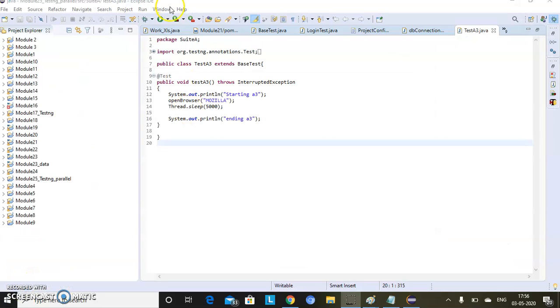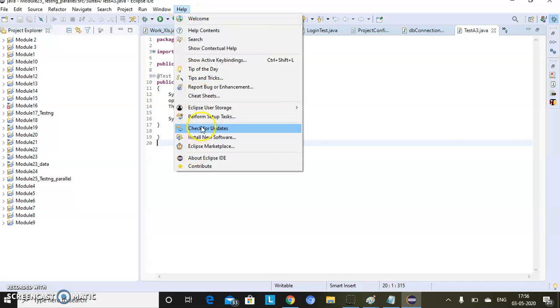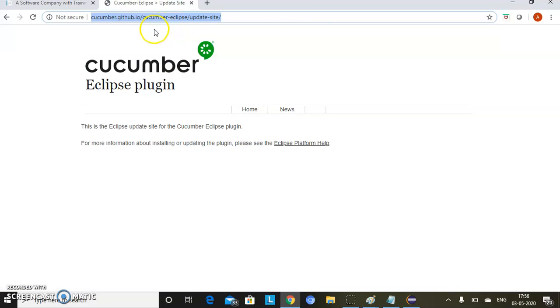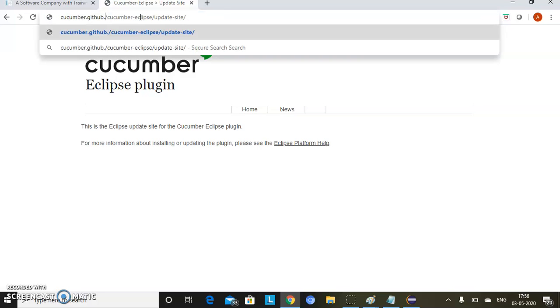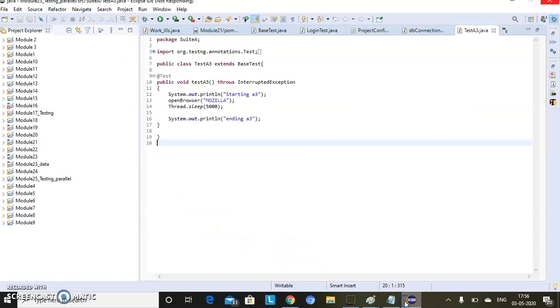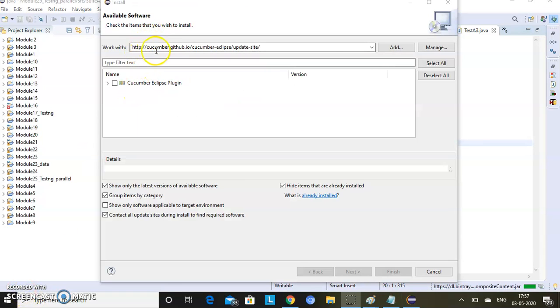Like TestNG, we need to install Cucumber also. So we have to go to install new software. This is the link: cucumber.github.io, Cucumber Eclipse update site.